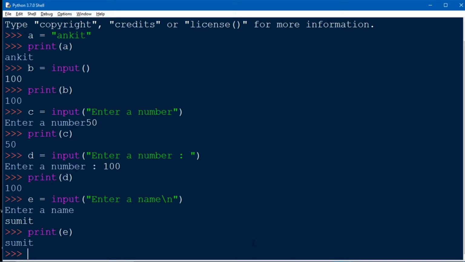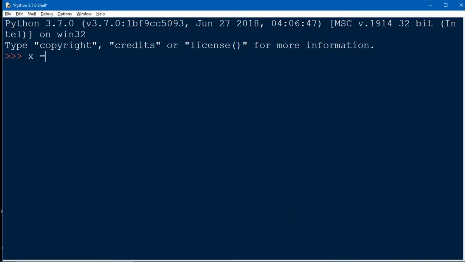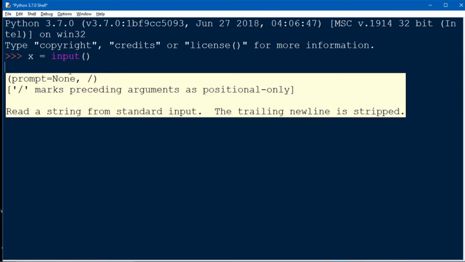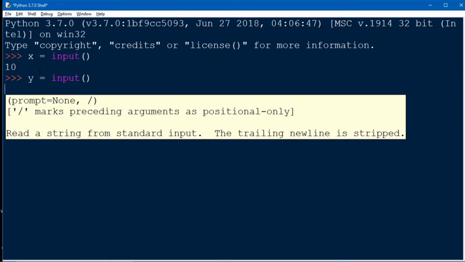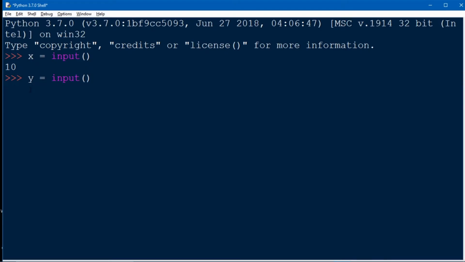Always keep in mind that the input function takes input as a string. Whatever we give as input in our input function, like an integer, a string, a float number, or any data type, it will act as a string. Let me show you one example by adding two inputs. Print x plus y. See, we got 10, 20, not 30, because here x and y are strings.